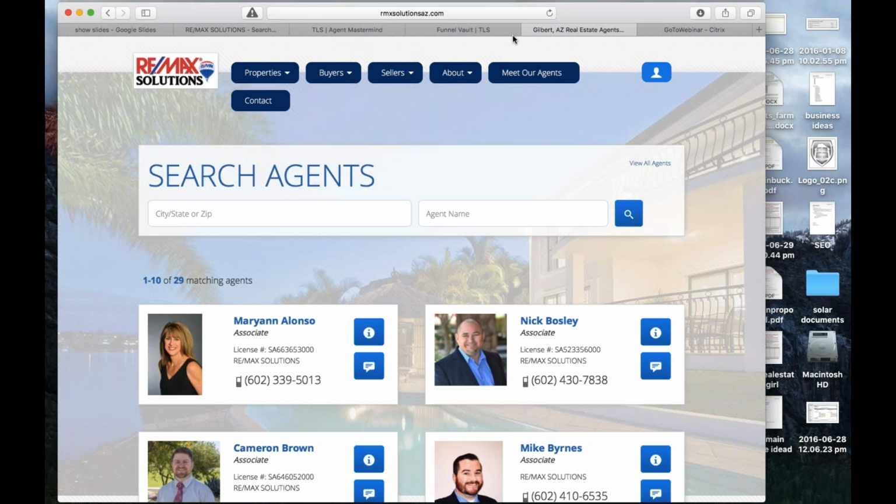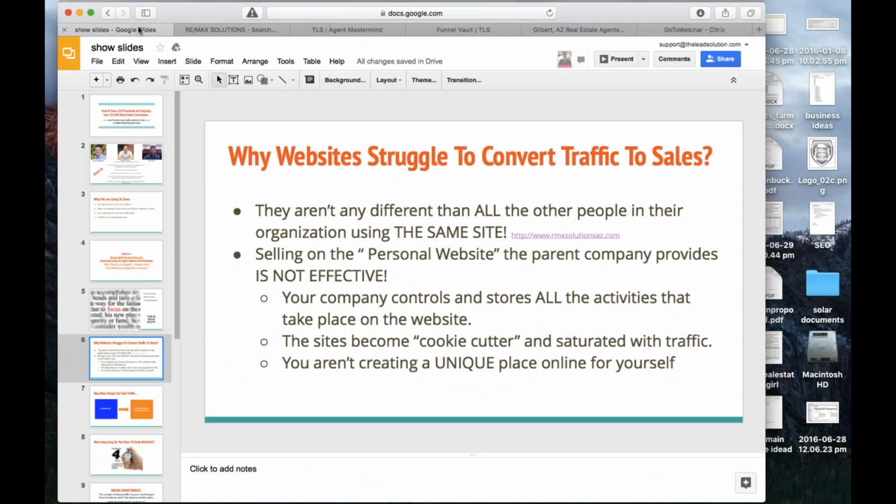So one of the really big things that we do is we want to get people to essentially focus on one thing at a time, okay? One of the problems in the real estate world that we've found working with quite a few clients is a lot of these pages aren't very different. There's not a lot of people being unique or making a name for themselves.